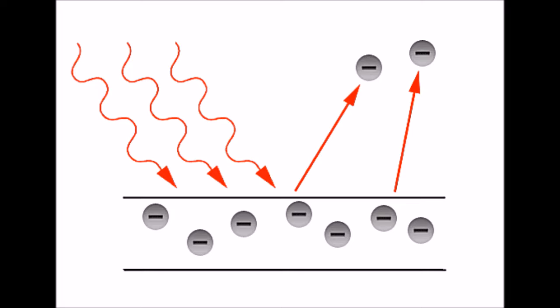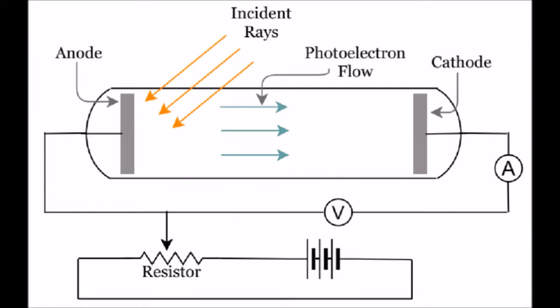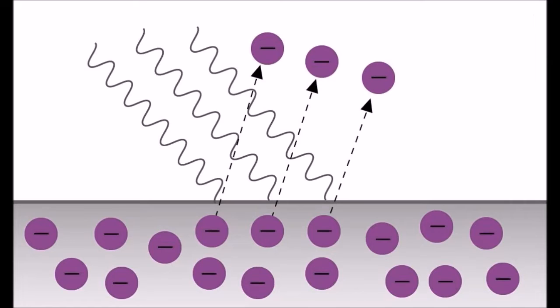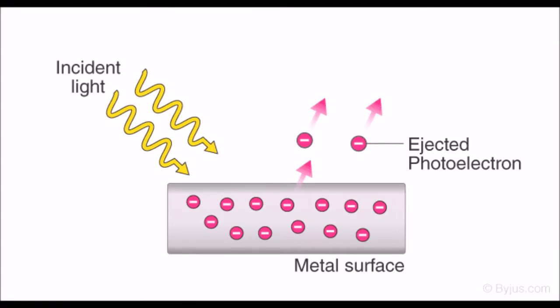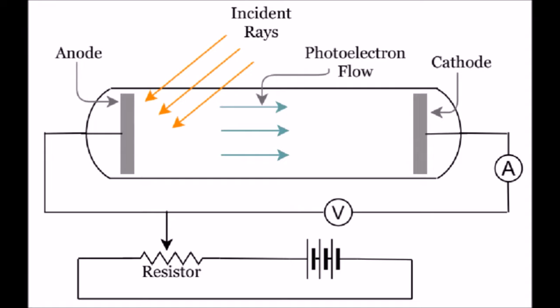Mechanism of photoelectric effect. Not every electromagnetic wave will cause the photoelectric effect. Only radiation of a certain frequency or higher will cause the effect. The minimum frequency is called the cutoff frequency or threshold frequency. The cutoff frequency is used to find the work function W, which is the amount of energy holding the electron to the metal surface. The work function is a property of the metal and is not affected by the incoming